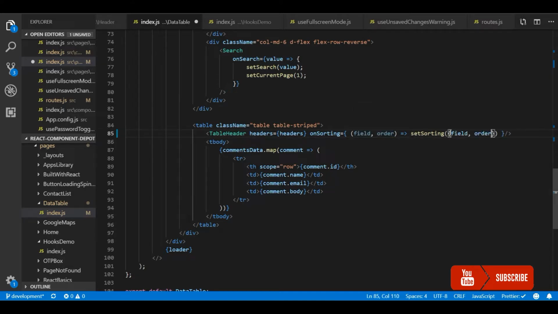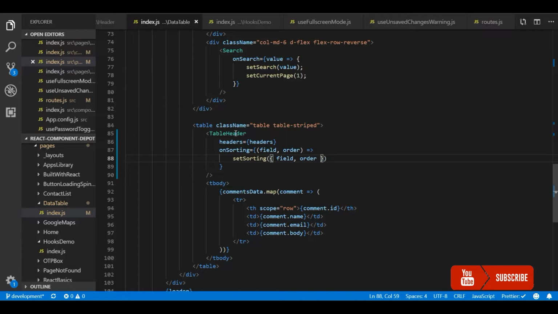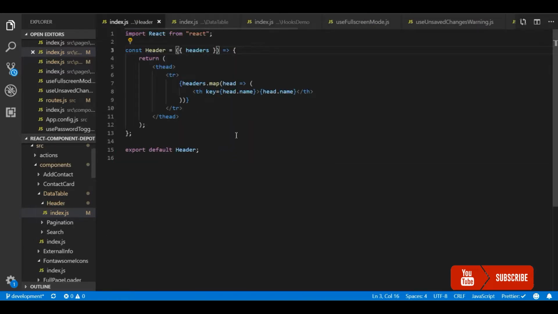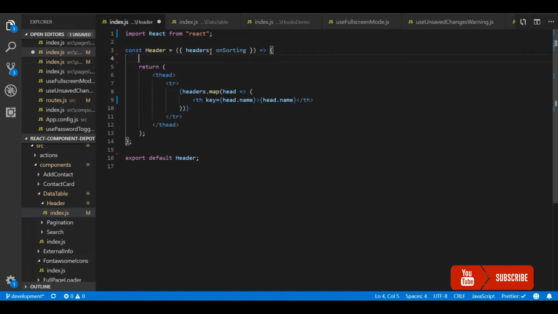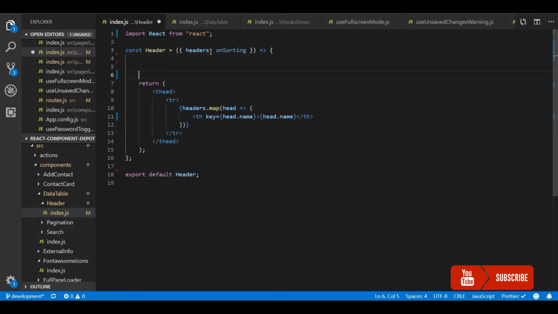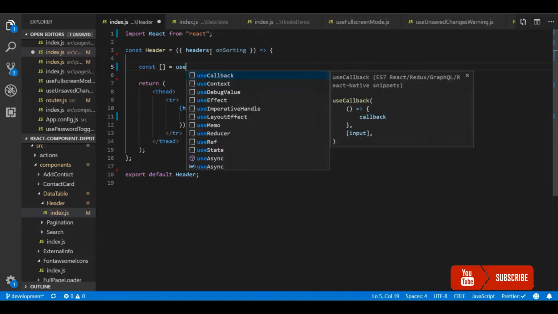For the moment we'll go into the table header and build this sort functionality. Along with headers we will receive the on sort change callback, and we will create two local states to store the field and the sorting order.